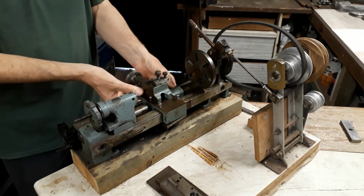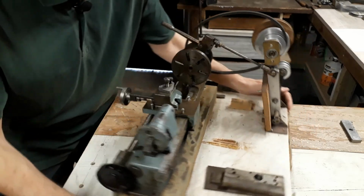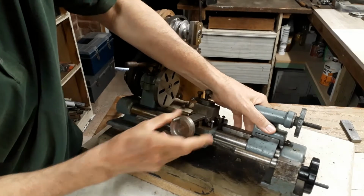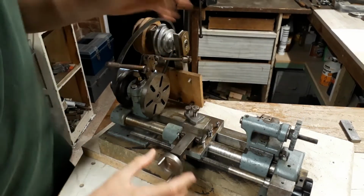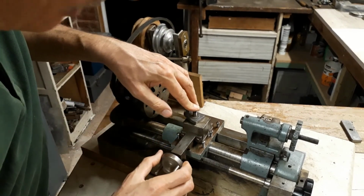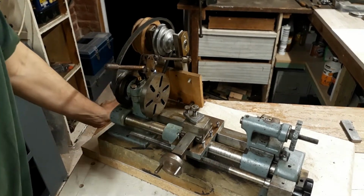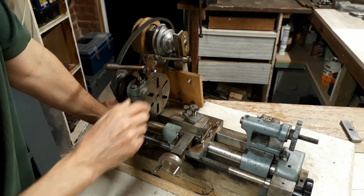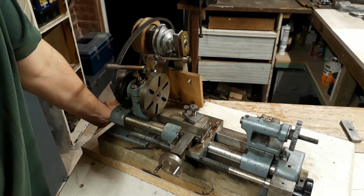It's got adjustment in the ways here on the round section of the bed. Let me just swivel it around so you can see better. So underneath it has adjustment here for taking up any slack. The cross slide isn't actually mounted properly because these guide bars on the slide were missing. It's very simple, as you can see. It doesn't have a rack and pinion, it just has a lead screw. It looks quite well made. I just think it would be a nice little machine to do up,